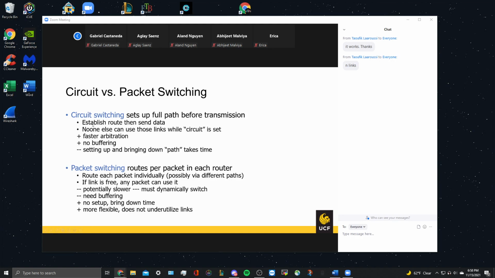But the problem for circuit switching is we need to set up and bring down the path, which will take time. Every time we need to take some time to set up the path, disconnect the path, and reset another path. For packet switching, we do not have to set up, so we directly inject the packets into the network. But the problem is what? We need to implement an additional buffer to avoid this kind of contention.